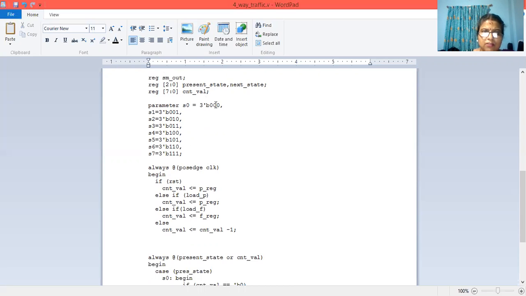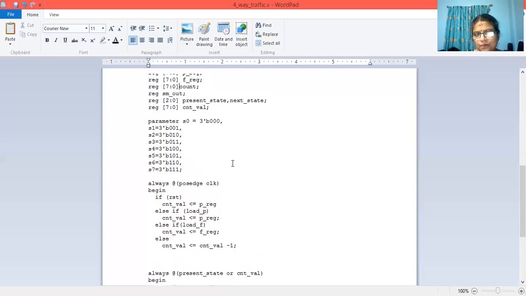So it's starting from 0, 0, 0 is the first state. Second state is 0, 0, 1. Third state is binary 0, 1, 0. Fourth state is 0, 1, 1. Fifth state is 1, 0, 0. Sixth state is 1, 0, 1. Seventh state is 1, 1, 0. Eighth state is 1, 1, 1.